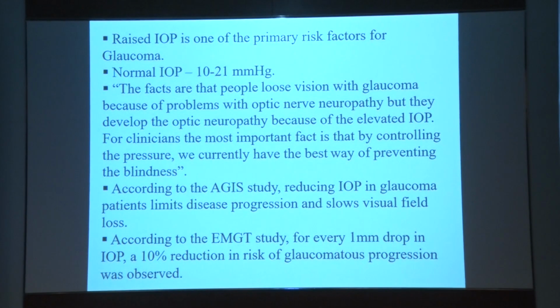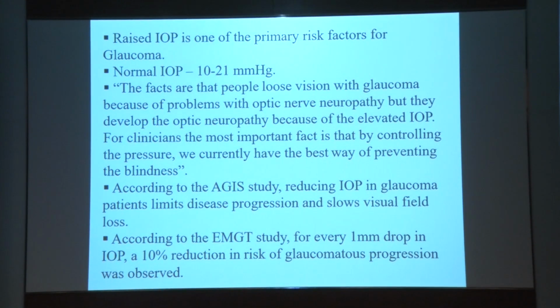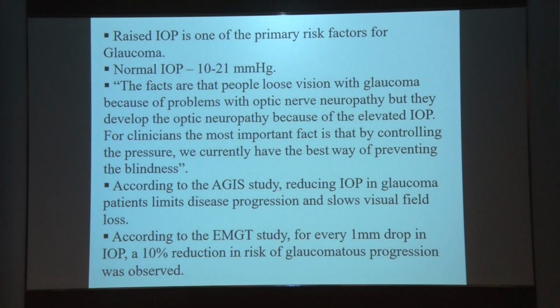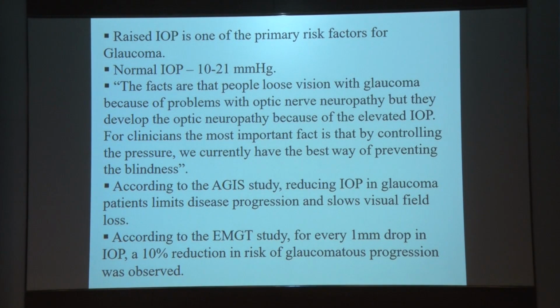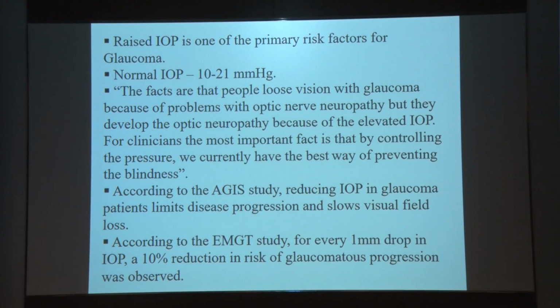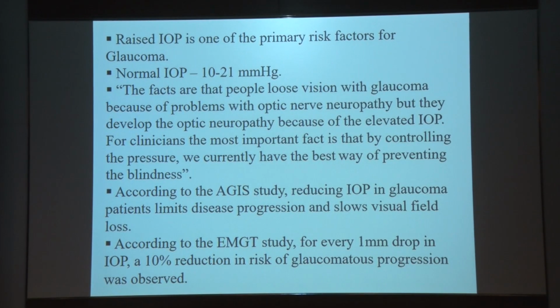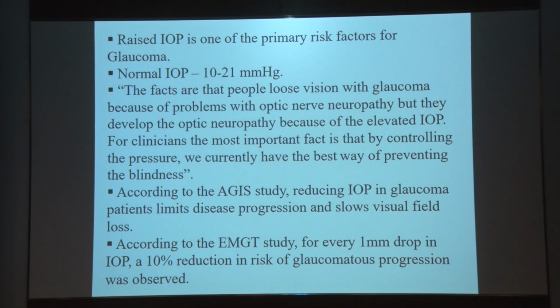Raised IOP is one of the primary risk factors for glaucoma that one can treat. Normal IOP is in the range from 10 to 21 millimeters of mercury. The fact is that people lose vision with glaucoma because of optic nerve neuropathy, but they develop the optic neuropathy because of elevated IOP. For clinicians, the most important fact is that by controlling the pressure, we currently have the best way of preventing